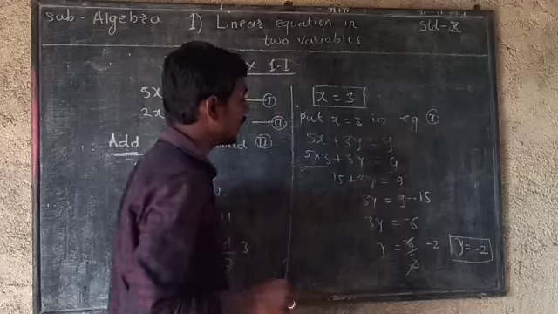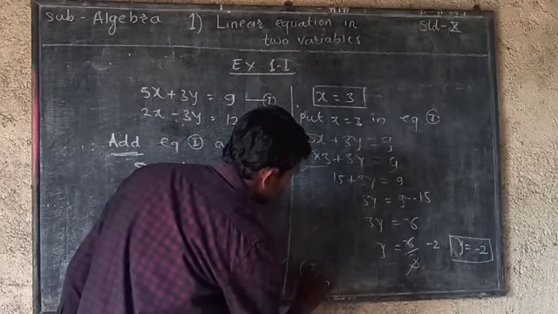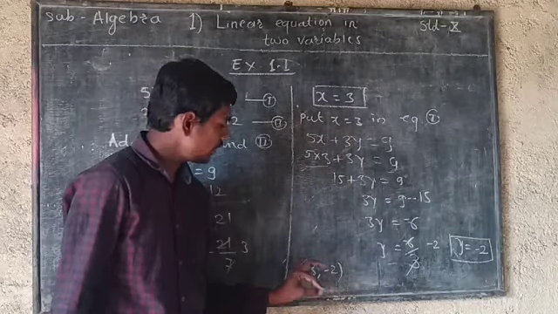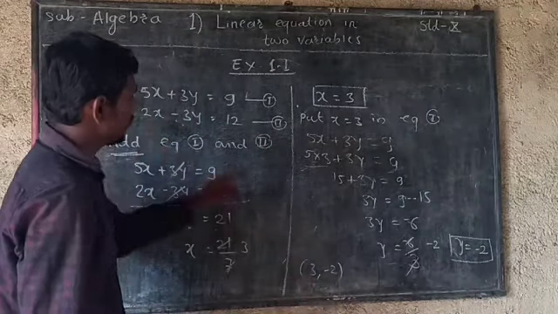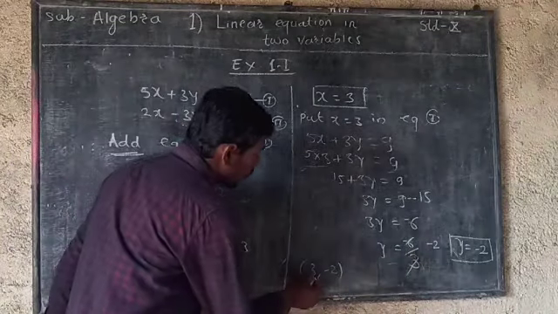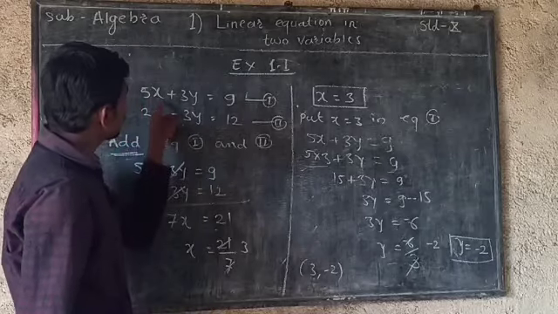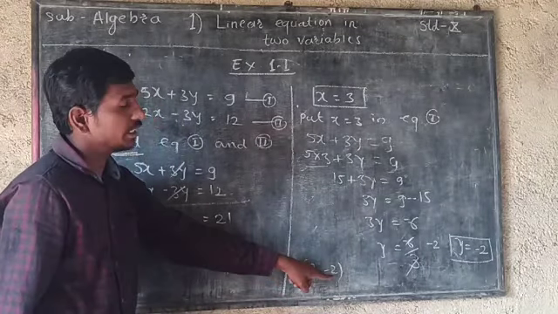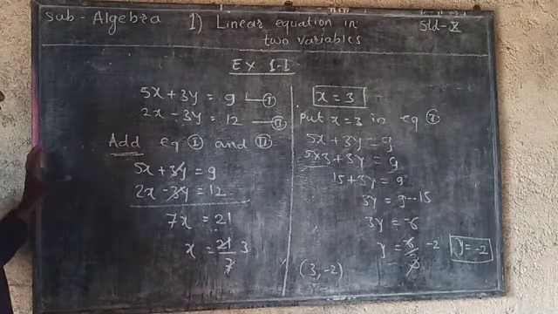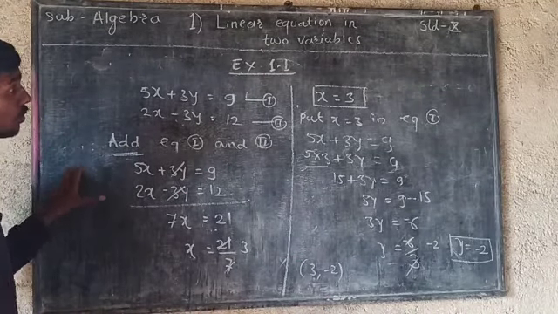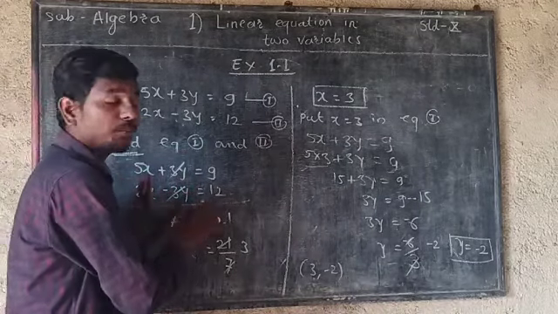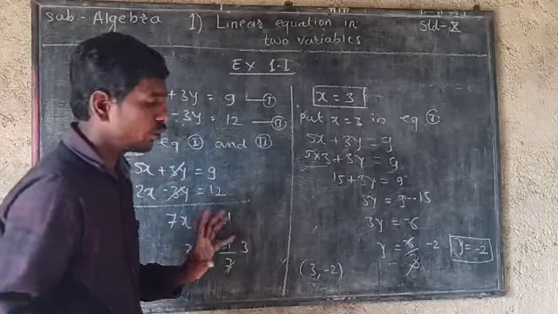So we can say that 3 and minus 2 are the solutions of the equation, right? Okay, it means the value of x is 3 and the value of y is minus 2. And this is the rule that we have to write the first variable's value first and the second one second. Okay, so this is an activity-based question. We have to understand how to solve, because the next question totally depends on this type of question. So we have to understand how to solve, right?